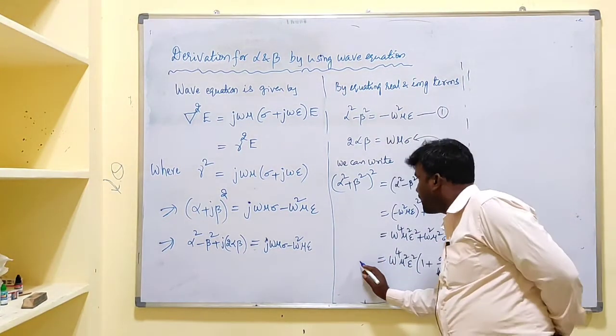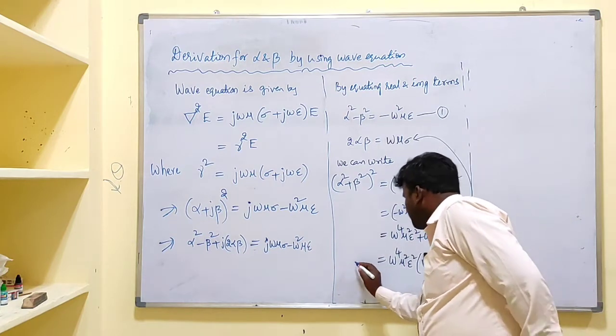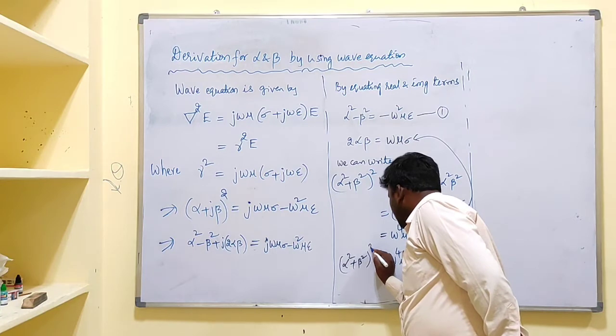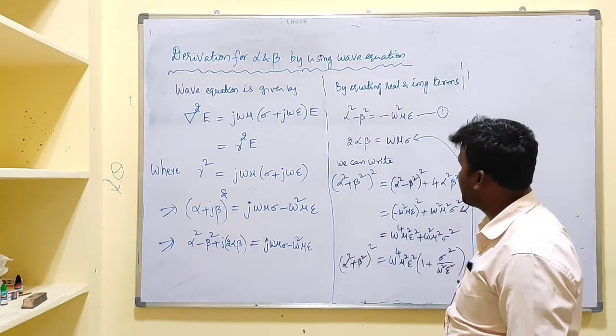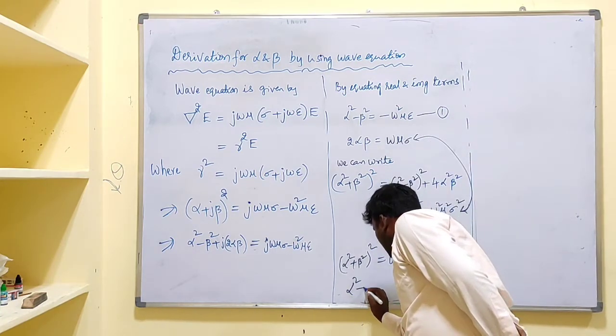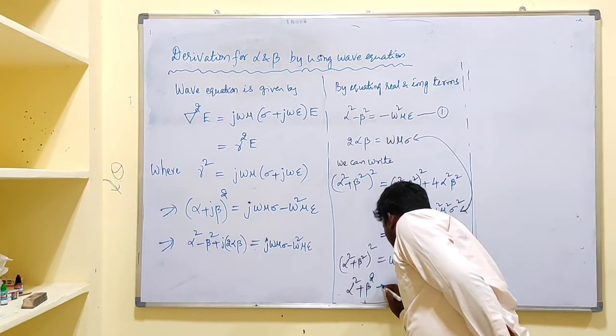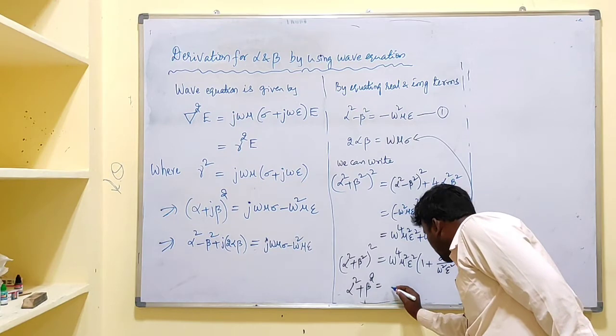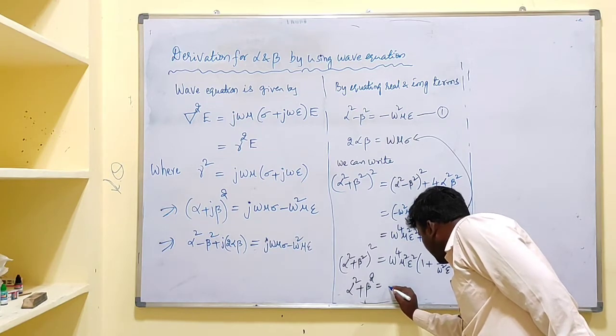This is alpha square plus beta square, whole square. But in order to get alpha and beta, we initially require alpha square plus beta square, as you have alpha square minus beta square. So that is equal to what? Apply square root on both sides, you will get under root